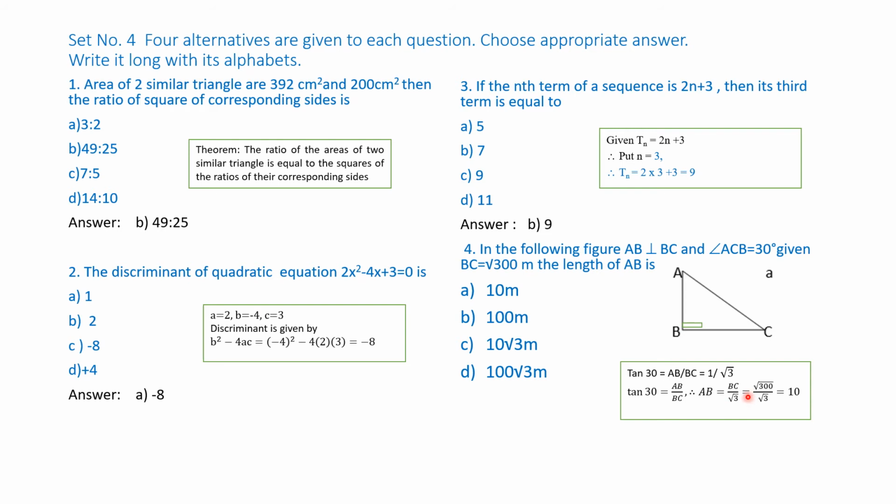That is equal to, BC is given root 300, root 300 divided by root 3. Therefore, this we can write as 3 into 100 and take the square root of 100 as 10. Root 3 gets cancelled and the answer is 10 meters. This is the answer. Please practice all these diagrams, note down, practice and write again and again to analyze each and every question. Though it is a 1 mark question, you have to know the theory behind it. Let us solve question number 5.